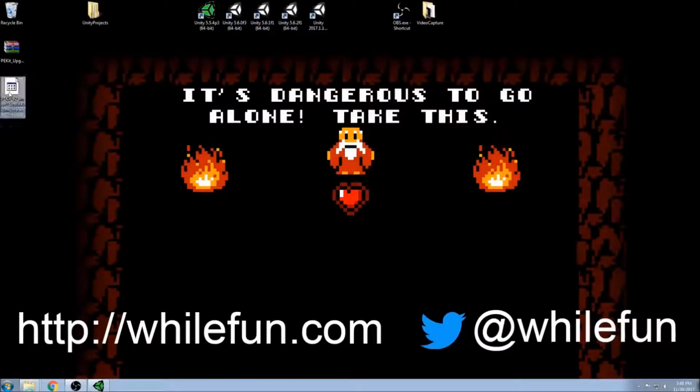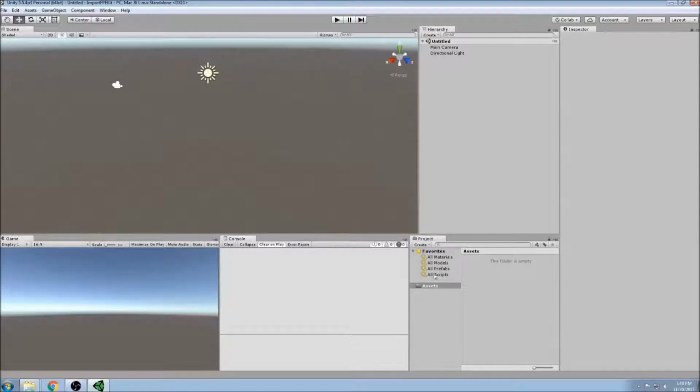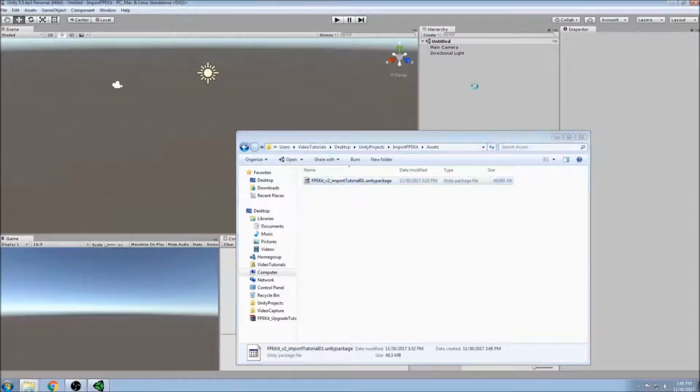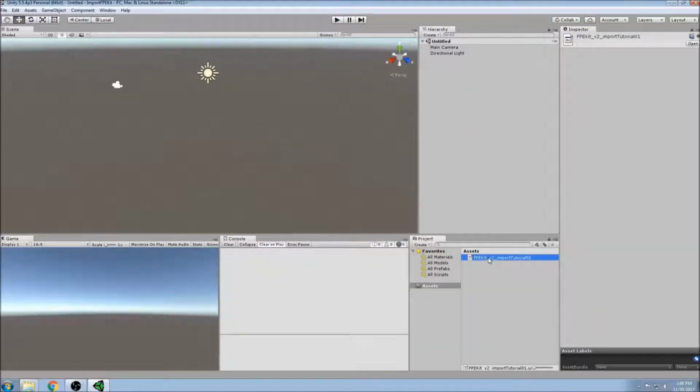I'm doing this locally, so I won't actually be doing it through the store interface in this video, but I will simulate that by importing the package here. So if I open this package,